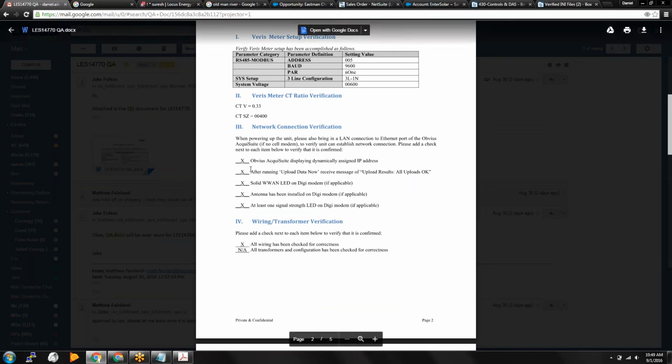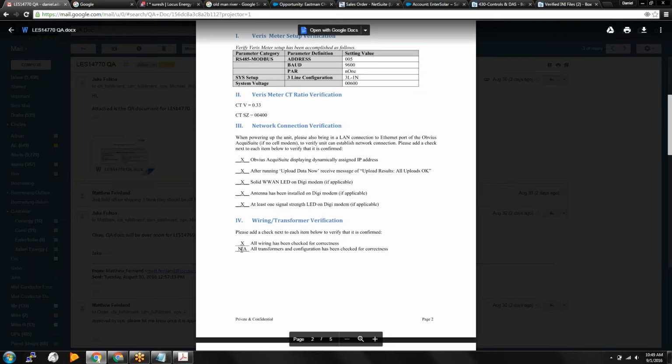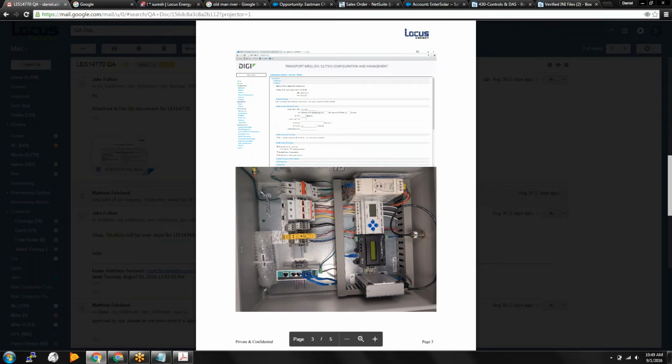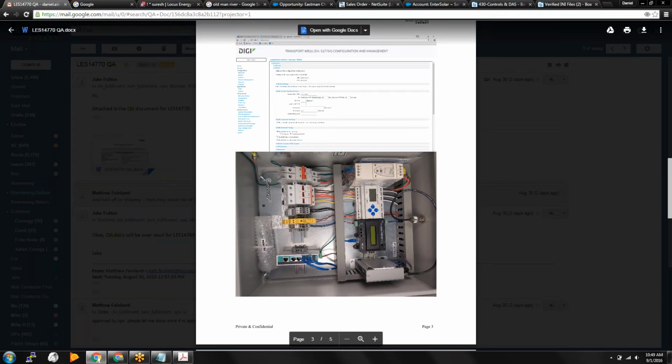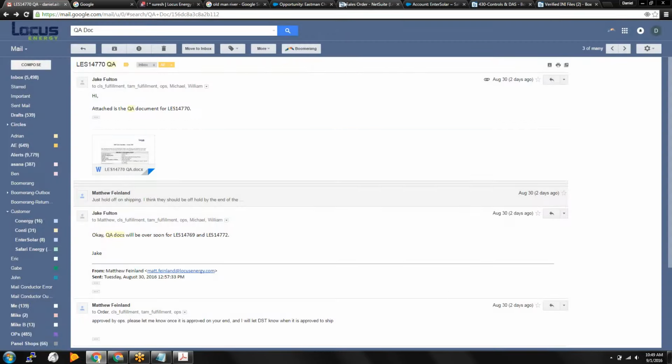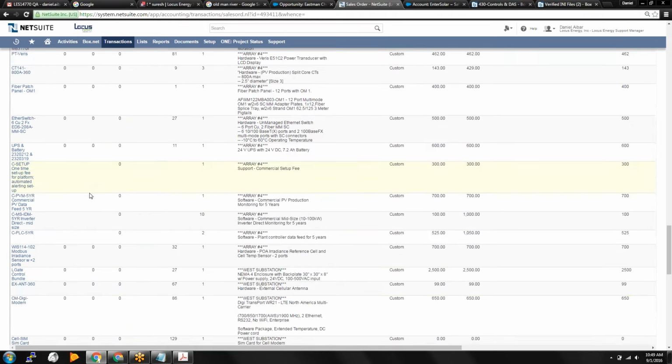They have various checkboxes to say, did they check network configuration, or is all the wiring done correctly? And then they'll actually take some pictures of the panel for us to review and just make sure everything looks as it should be. Once this is good to go, we would approve it in NetSuite by clicking this approval